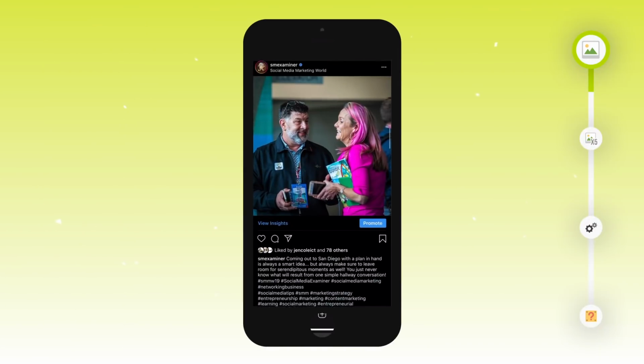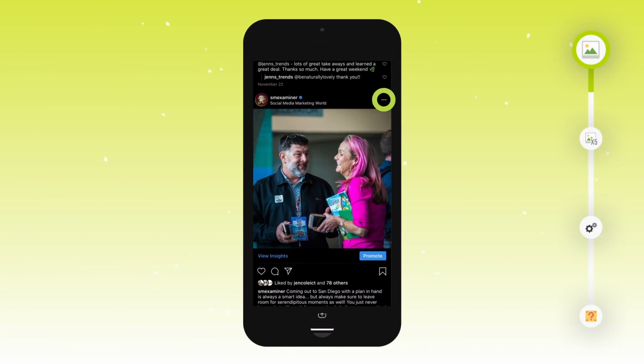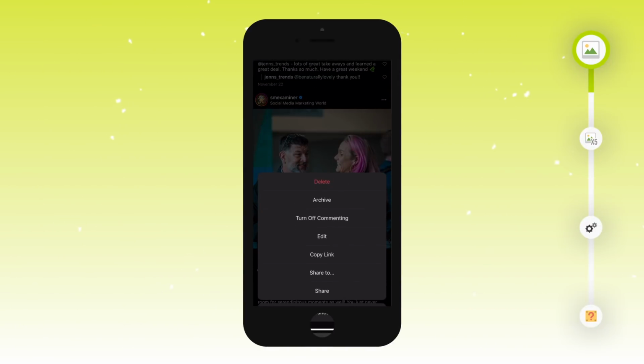So let's get started. You're going to click these three little dots to the right of your profile name. Once you click those three dots, the copy link button will show up on that menu. Go ahead and click that. And then you're gonna copy and paste that link straight into your spreadsheet. So you might be thinking, well, Bond, you have your phone in your hand, but you want me to put it onto a spreadsheet on my computer? How the heck is that gonna work?